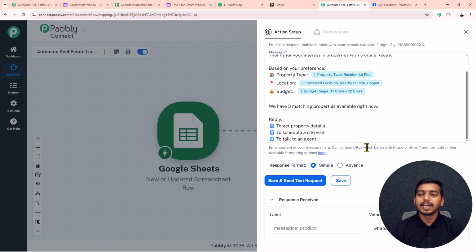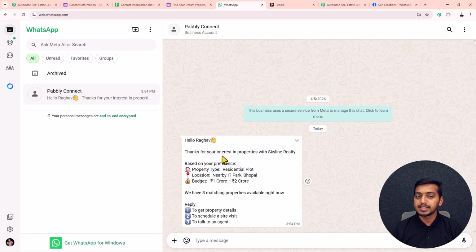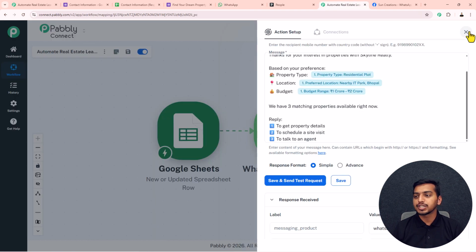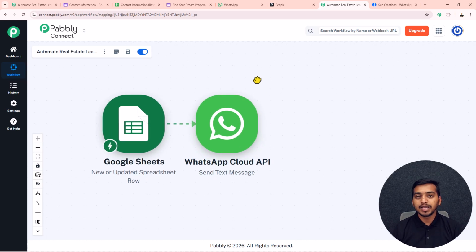to my lead. I will open my WhatsApp account, and here you can see I have successfully received this message with all the details that I have added inside my Pabbly Connect account. This means that our WhatsApp action application is working all fine. Now we just have to work on our last action application, where we will create a contact inside our CRM